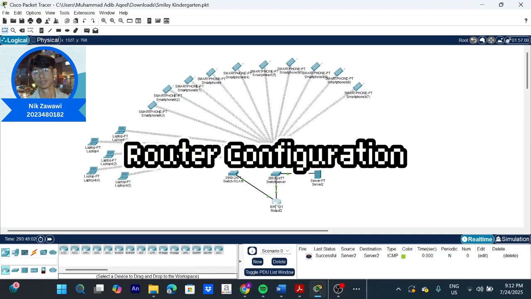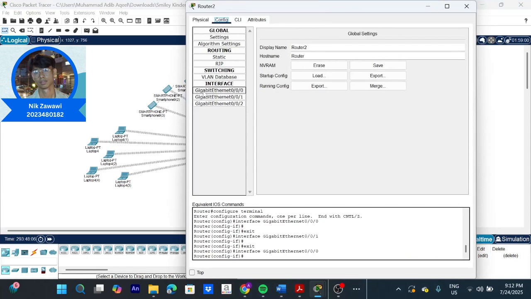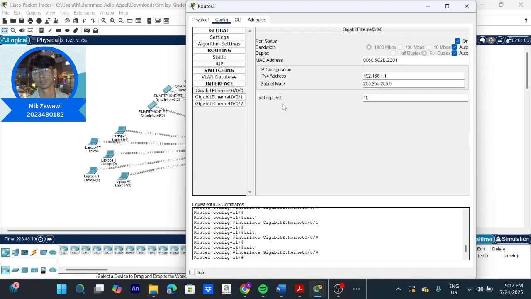So I want to explain about the router configuration, which is we click the router and we go to the gigabit internet 0/0/0, which means slot 0, subslot 0, and port 0. So we can use the 0/0/0 to connect to the internal network or LAN. We might assign the IP address 192.168.1.1 and the subnet mask is